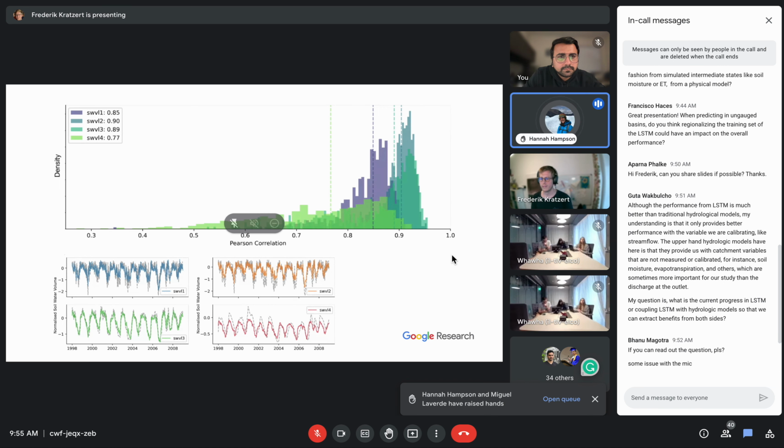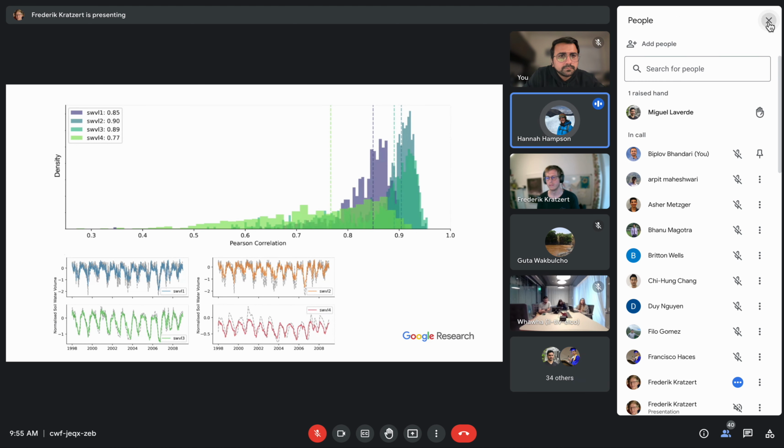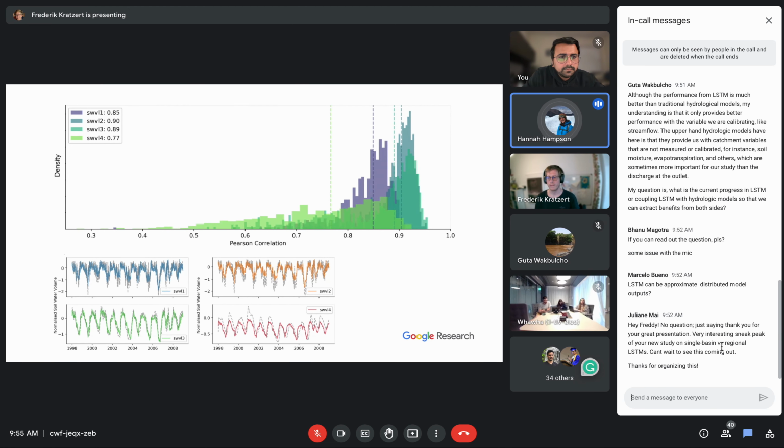I think I'm next. Hi, thank you so much for your presentation. That was great. You showed a slide that compared a single basin model versus the regional model, and we saw how much the peak flow predictions were improved with the regional model. But I know that's an ongoing challenge with rainfall runoff models in the first place, getting those really high peak flows.